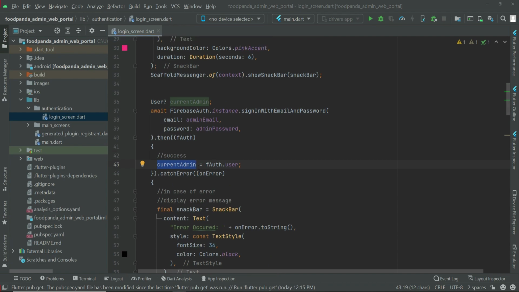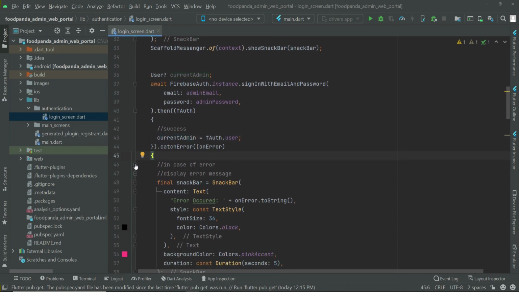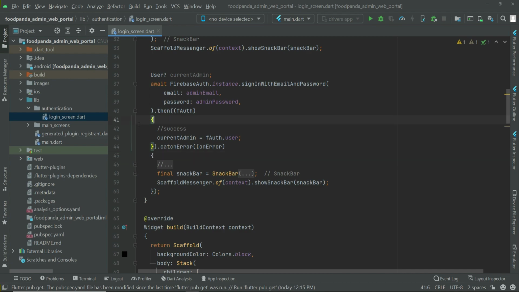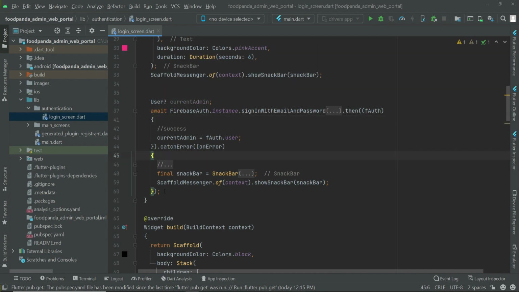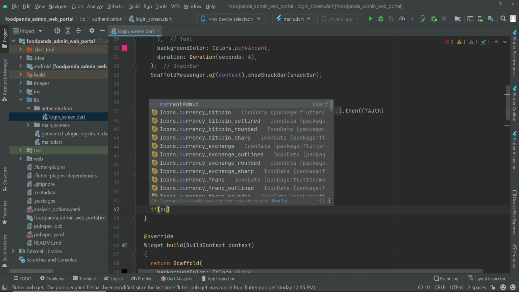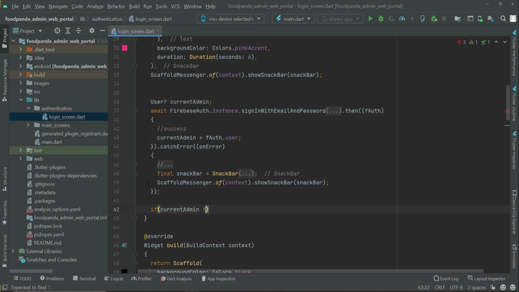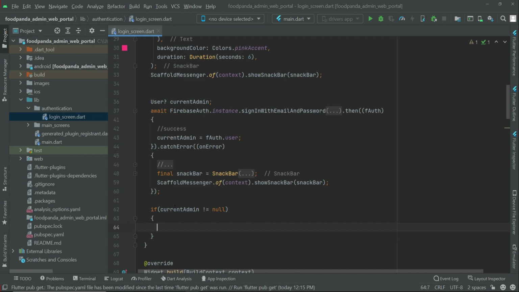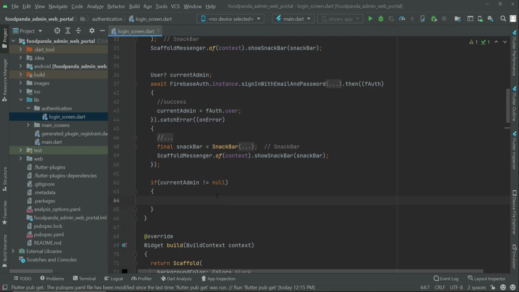First of all, we can minimize the code. Outside the catch error, we can add a condition: if current admin not equals to null, which simply means that the admin is authenticated successfully using Firebase authentication, that is, their email and password match with the Firebase authentication. Then after it we want to check further if that admin record